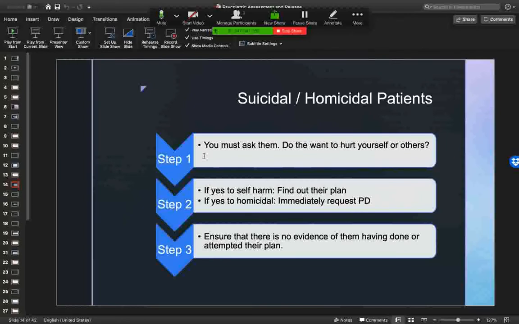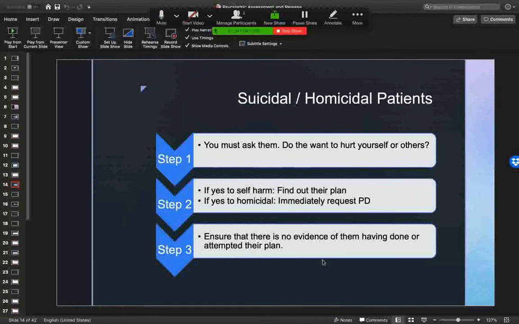If yes to self-harm, find out their plan. Do they plan on shooting themselves? Do they plan on taking pills? We'll return to that in a second. And if yes to homicidal, obviously we want to request PD. We don't want them to kill you as well. Step 3, ensure that there is no evidence of them having done or attempted their plan. This is why we ask about their plans, because we need to make sure there is no evidence of